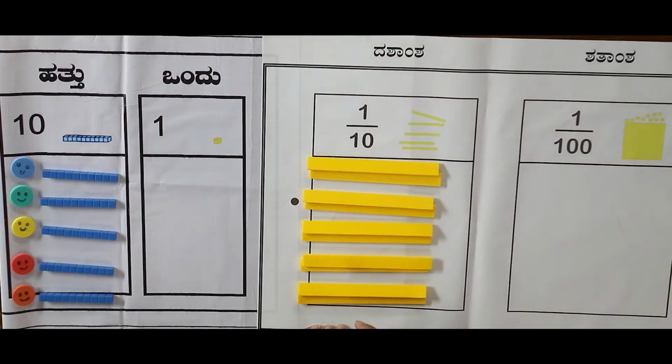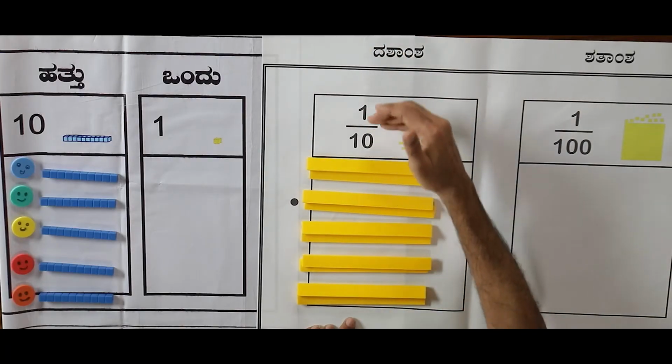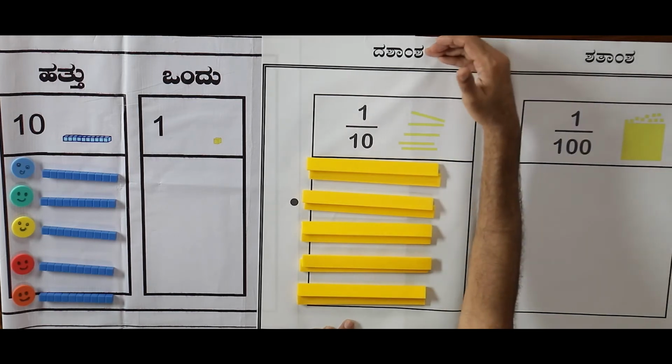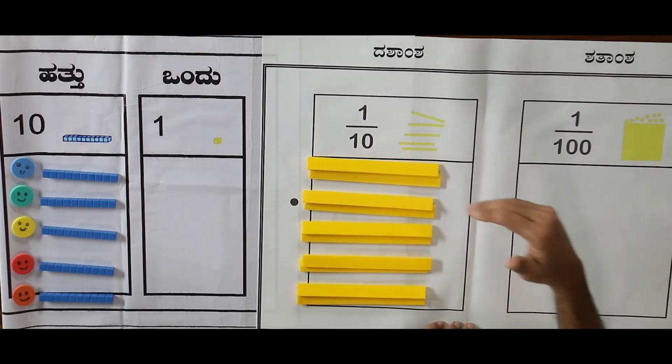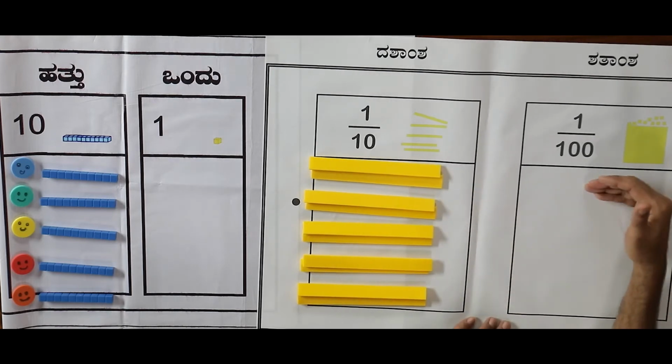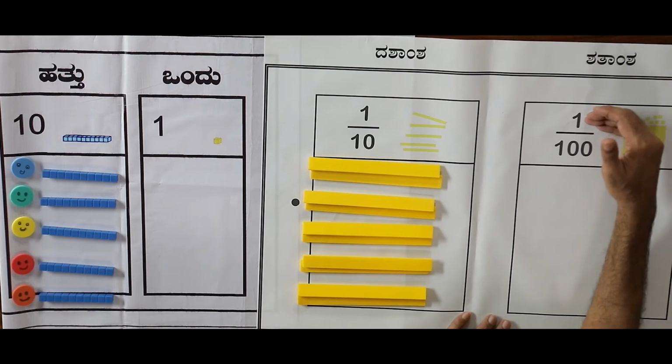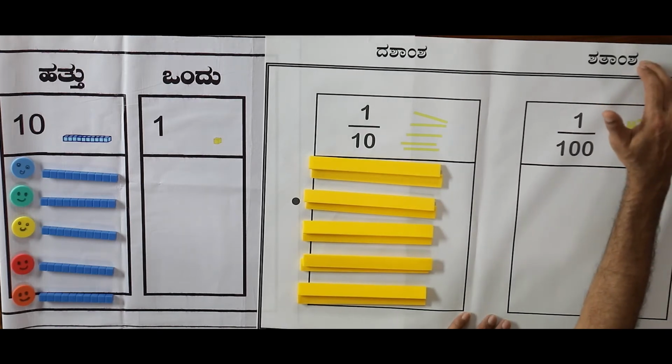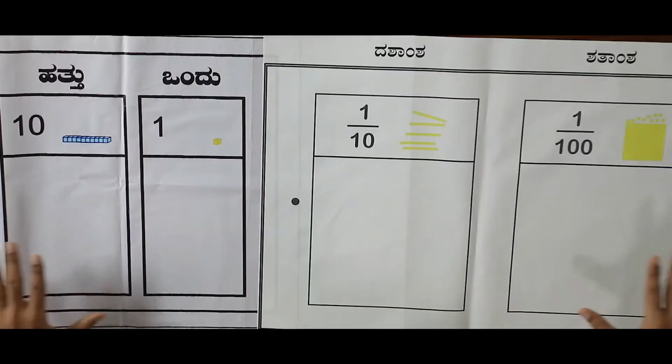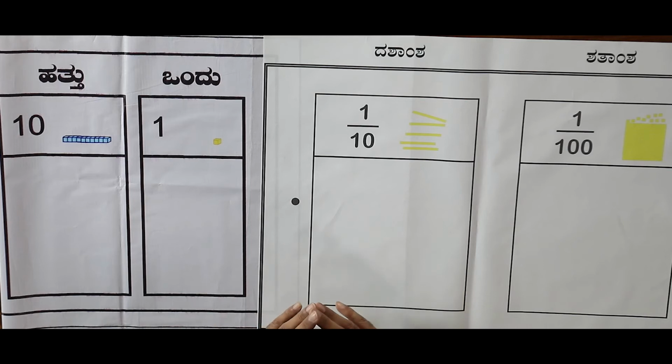This column is called the 1/10 or decimal. If I had split it further, it would have been 1/100. If we have to see whether the children have understood the concept or not, what can we do? We can use this place value mat, give them a few numbers and ask them to write it. What type of number?